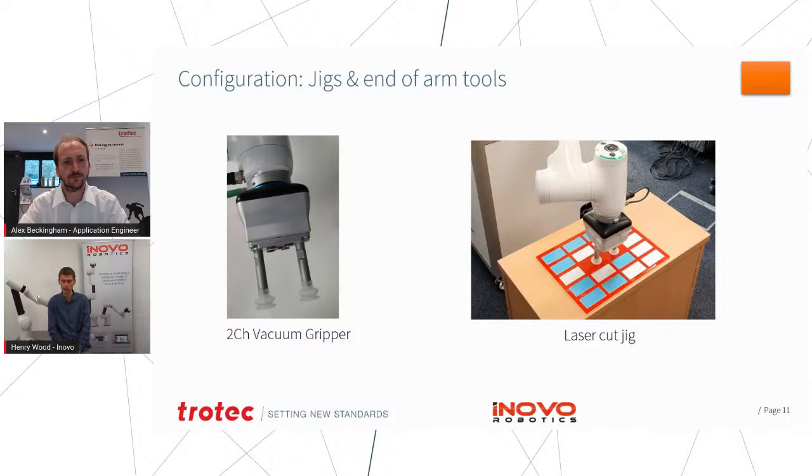So once we had that jig, really all we needed was a vacuum tool. So this is an off-the-shelf vacuum tool. This is made by a company called OnRobot. That's a 2-channel tool, so it can turn on each sucker independently, and that means that it could lift the whole jig into the Speedy 400, but it could also lift out individual data tags and transfer those to packaging at the end. So with this one, we really just needed the tray with the pockets in it and the off-the-shelf tool. There was no other customization at all, and we just set that up on a table